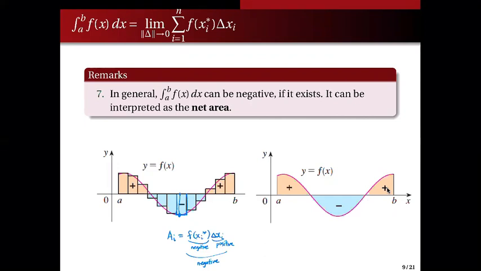Now, as you can see, it's plus here, minus here, plus here. So if you look at this as your region 1, this as your region 2, and this guy here as your third region,